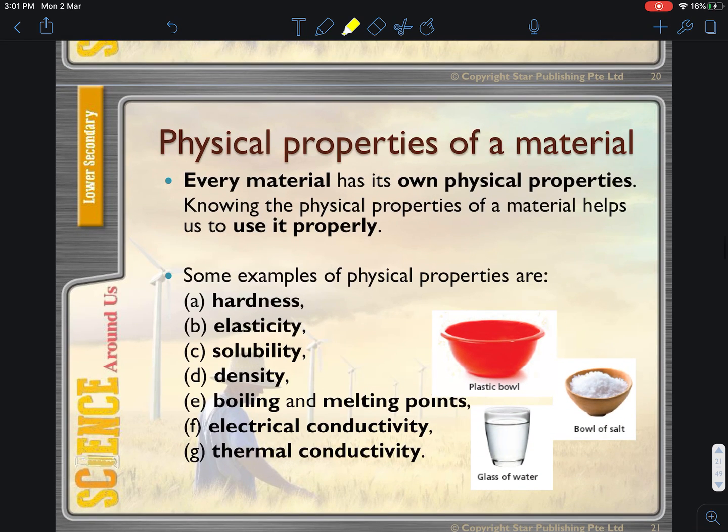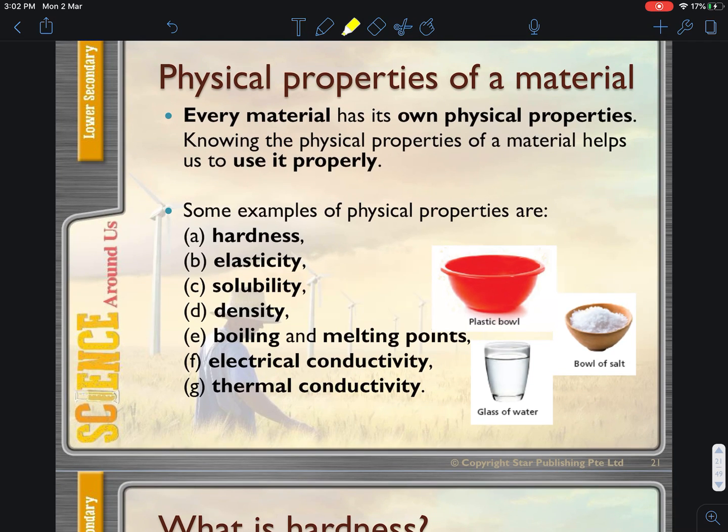Now, what are some of the physical properties of material? Every material will be able to have its own physical properties, and that every material can have a range or a variety of physical properties. It doesn't mean that one material will only have one physical property, but these physical properties will help us to understand how the material can be used for us to better use it properly. So some examples of physical properties are hardness, elasticity, solubility, density, boiling and melting points, electrical conductivity,